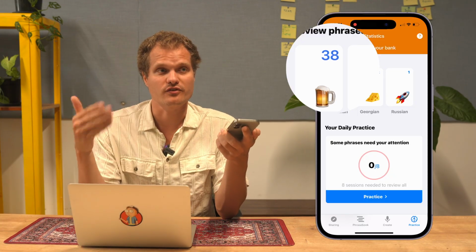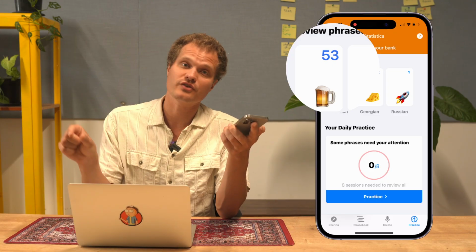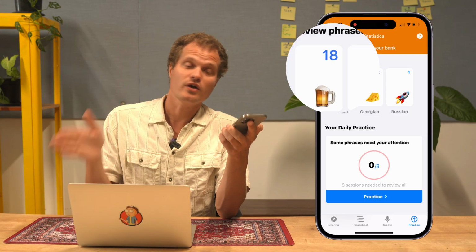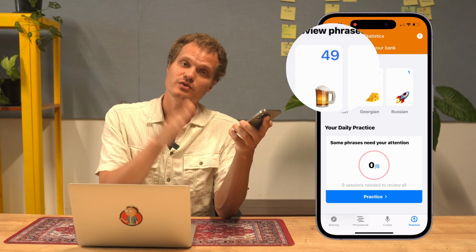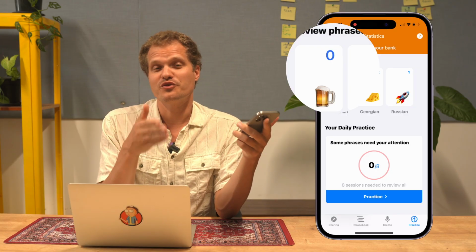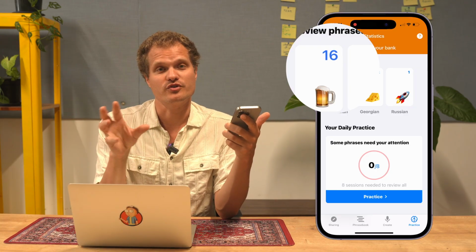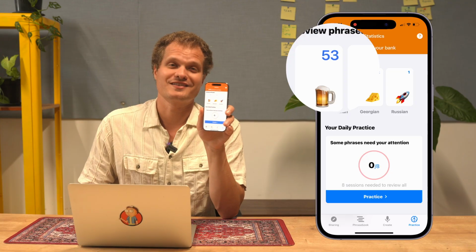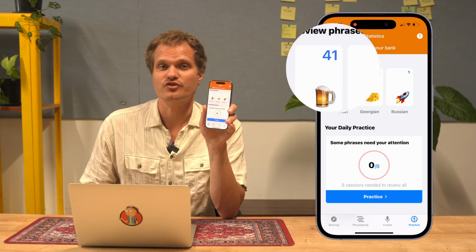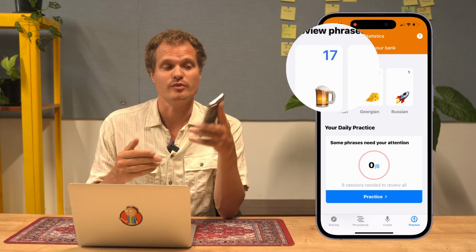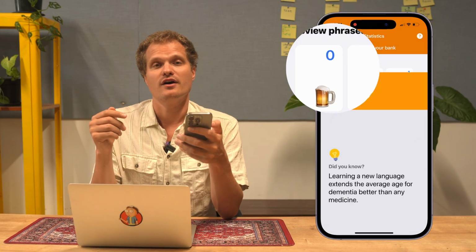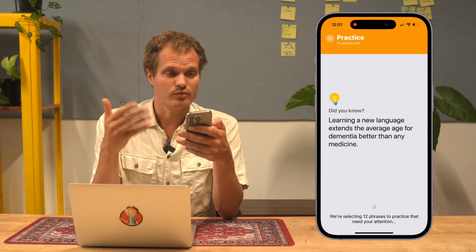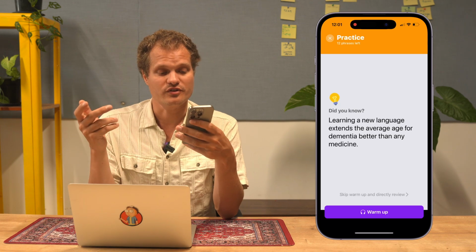So we optimize the time for every single phrase, that after like 1 day they will see it again, and then after 2 days they will see it again. So tell your students to come back often and bring this number down to 0 available phrases before the next lesson. And that way they will really make sure that every phrase gets into their long-term memory as quickly as possible. Now they can practice listening, they can practice pronunciation,